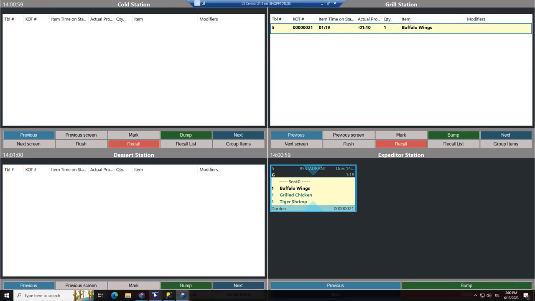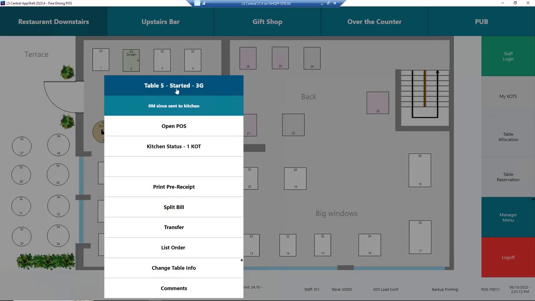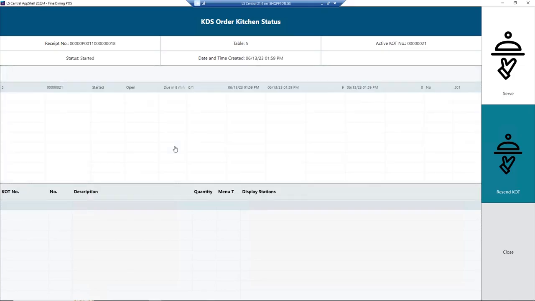We jump to the tables again. Here we are. And now you see that this little box has changed. It's half full. So let's select the table. See, we see it started. So it's half full, meaning it started. And it started because something has been bumped on some production station. Let's go into kitchen status.